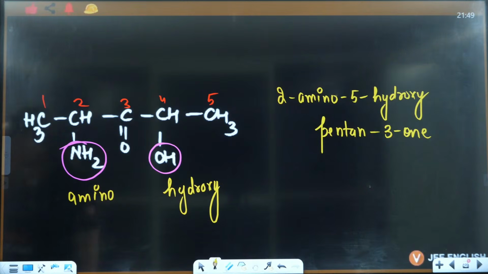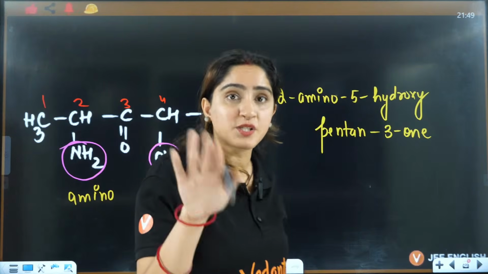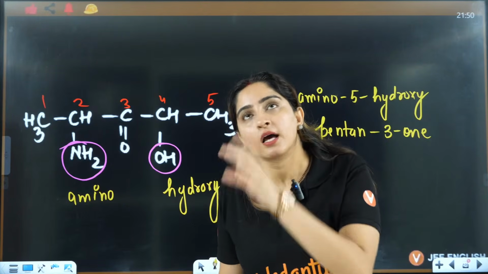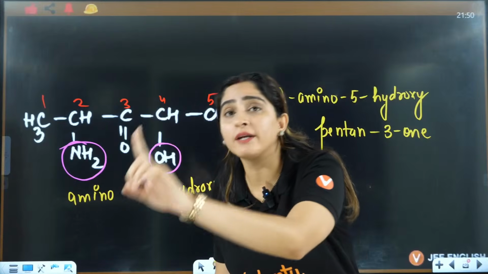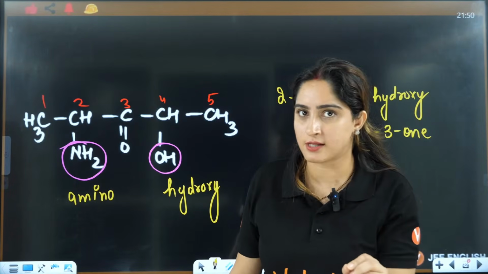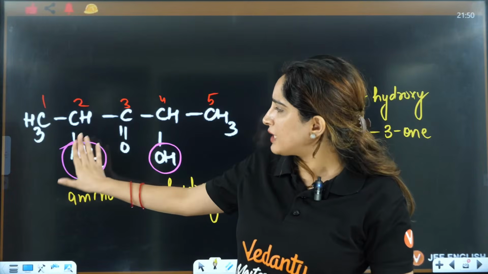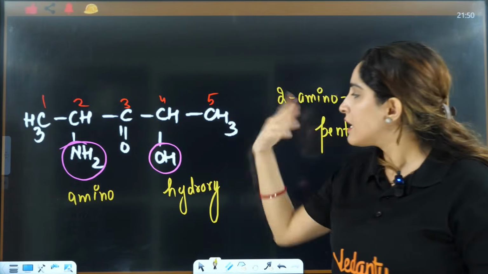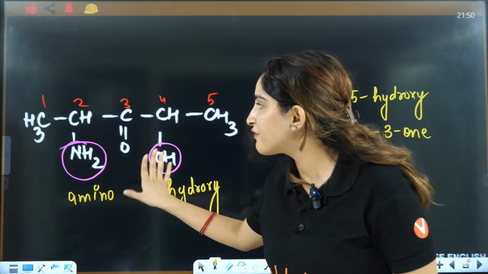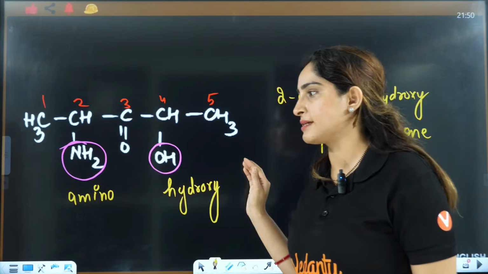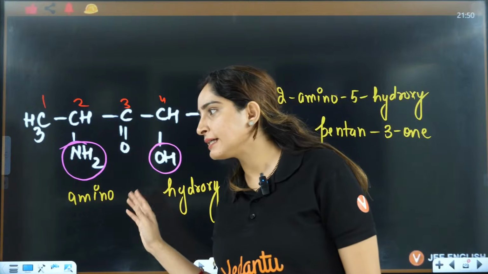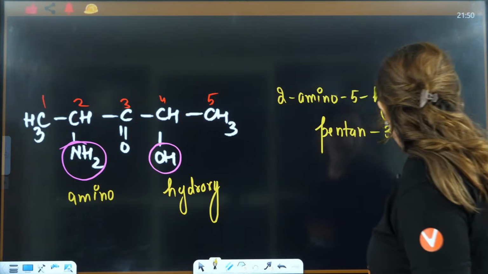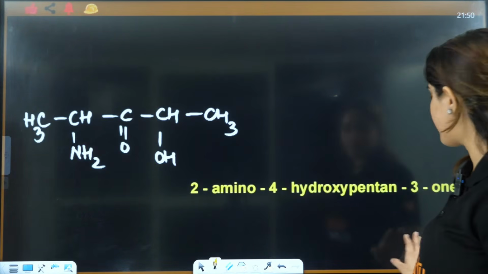Ma'am, but when I am choosing which is substituent and which is main group, I am looking for the priority list, right? So from the priority list, I know that these 2 are substituents. Once the substituents are fixed, now don't see the priority list. Now see alphabetical order. This is the alphabetical order, this is before, so I'll write the numbering like this. Okay, got it? Yes, students? Got it, right? So that will be the answer.